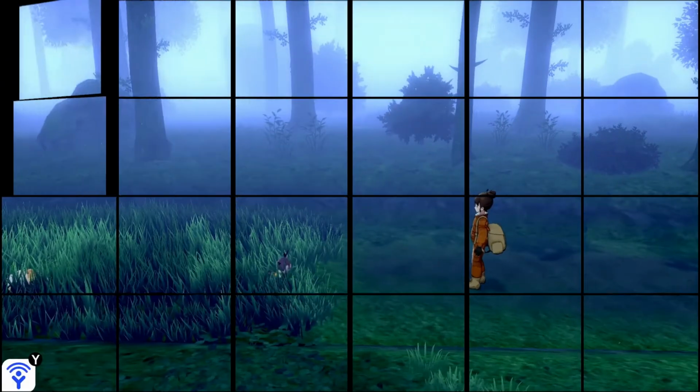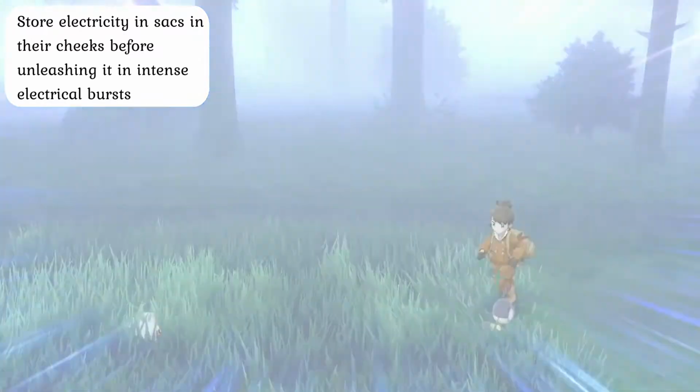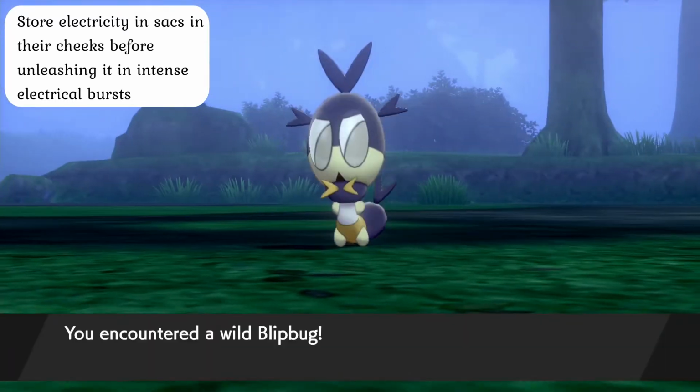Dedenne are fairly rare creatures to see even in the places where they natively dwell, as they do not have much in the way of sheer power to defend themselves with. The only reason why they have not been pushed out of their native regions is because of humans, though only indirectly. As with many other electric-type rodent Pokemon, these creatures possess sacs in the cheeks that serve as the storage